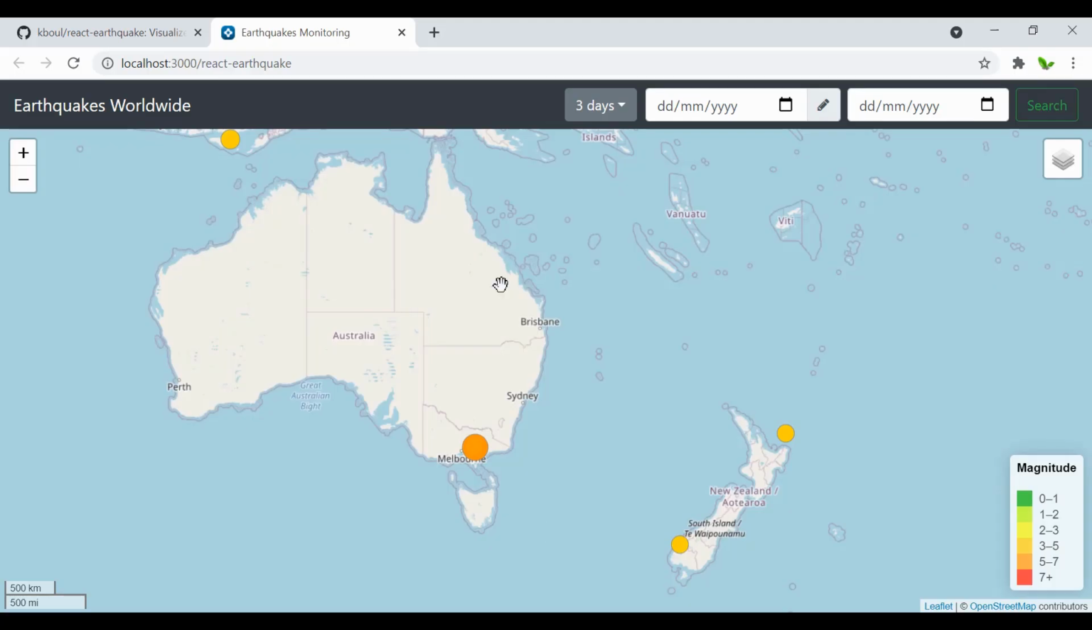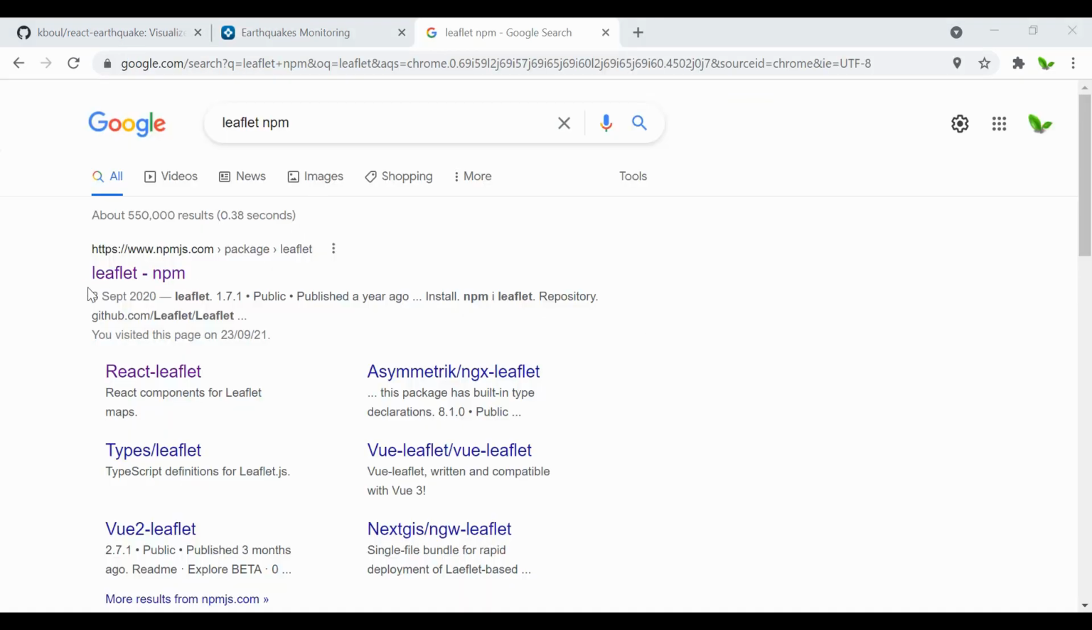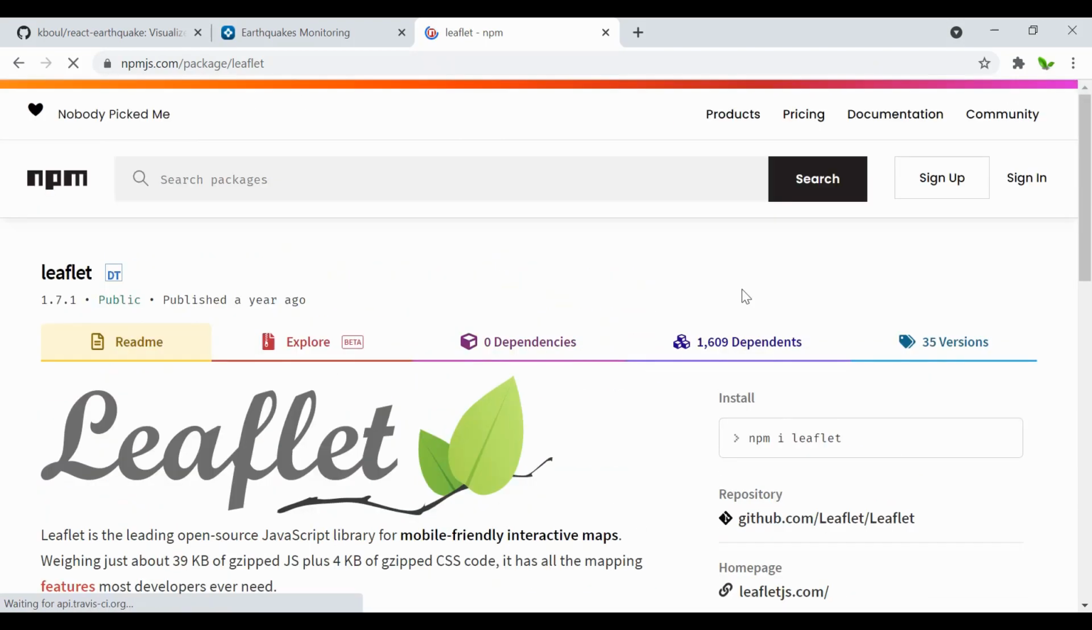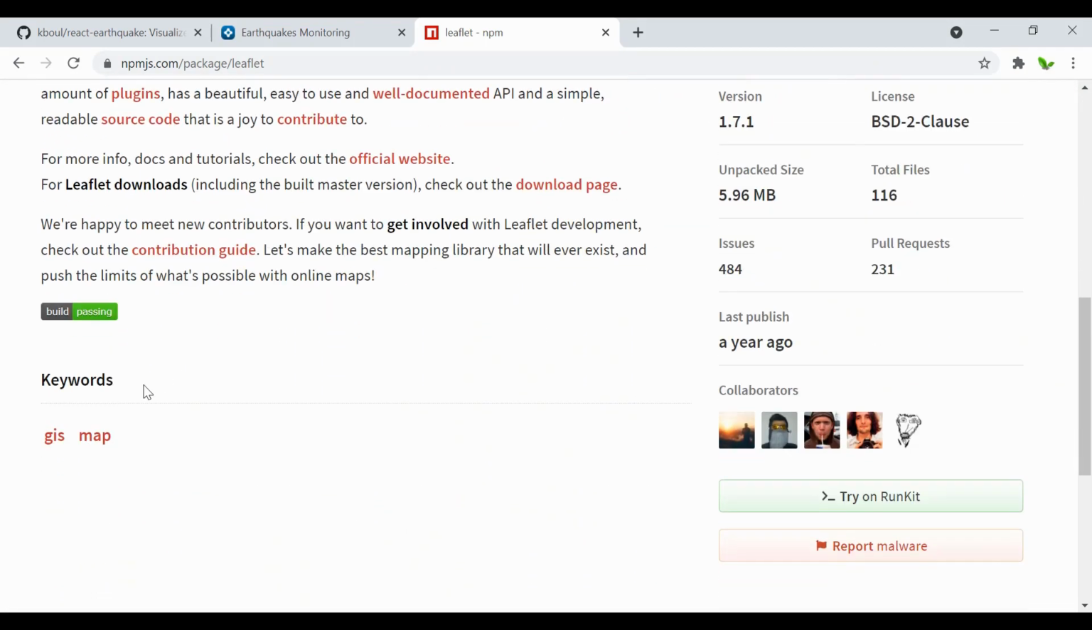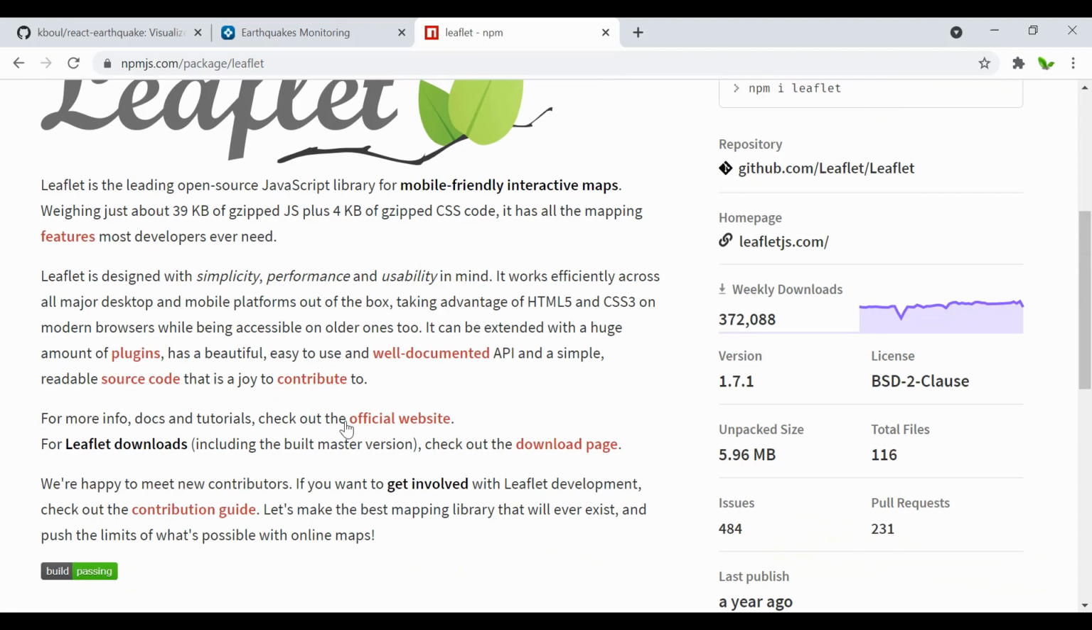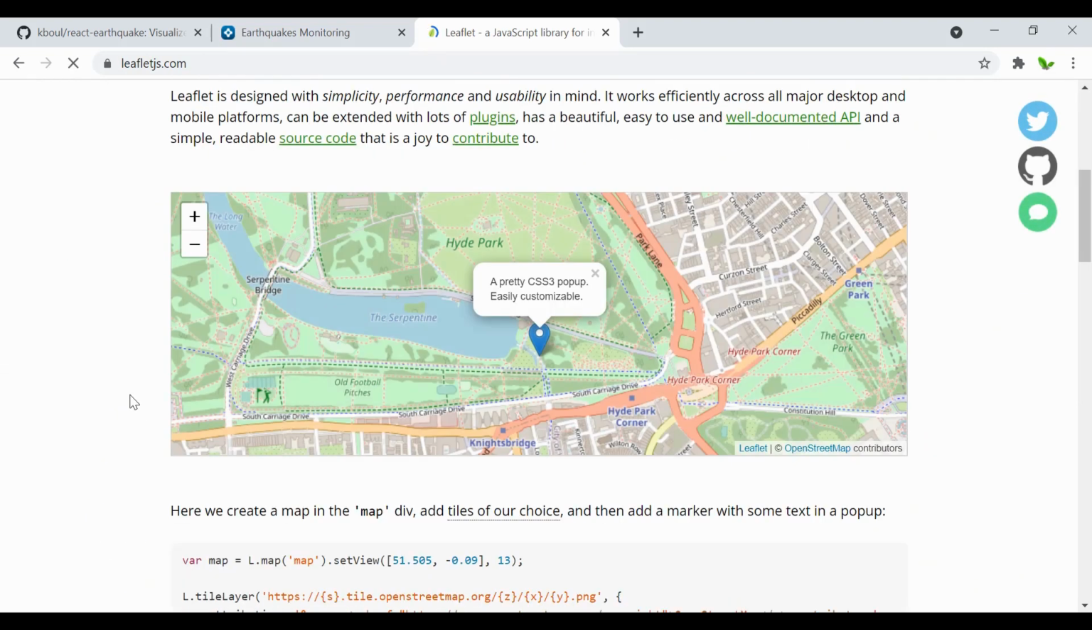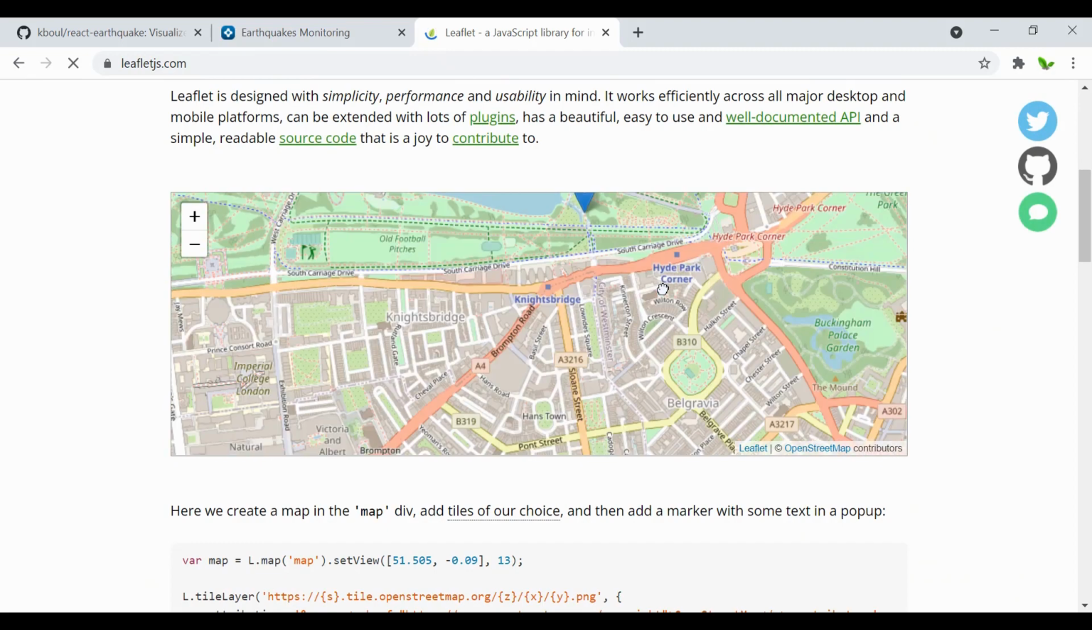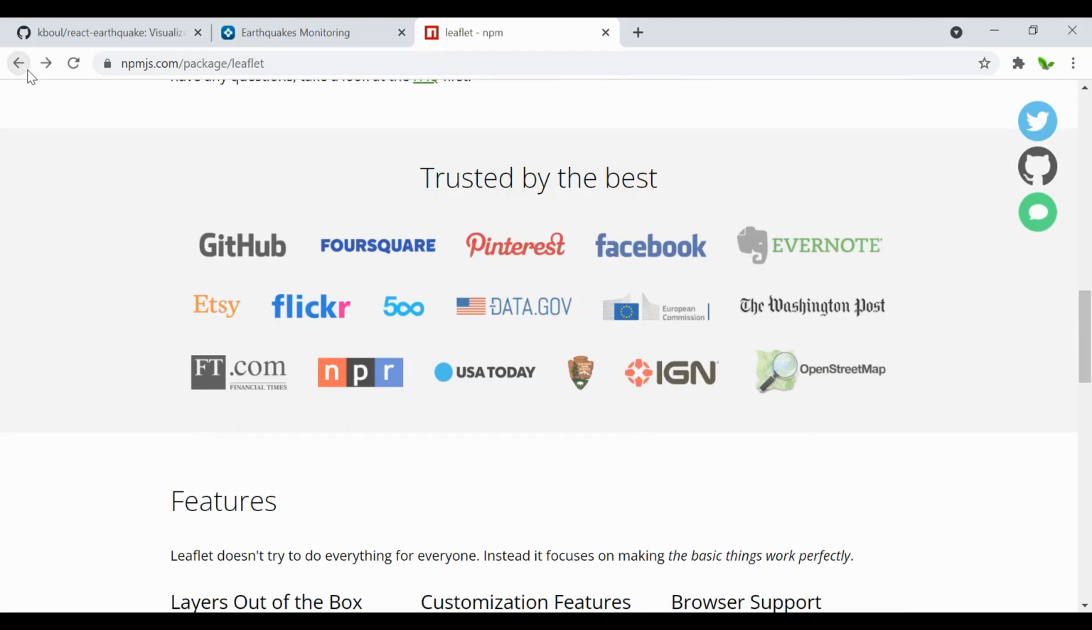So we haven't really looked at the Leaflet yet. Let me search for it. Okay, when I search for the Leaflet npm, you can see that it's quite popular. So what is this exactly? Let me click on the official website, and now you can see that it's basically the map, right? When I go back here,